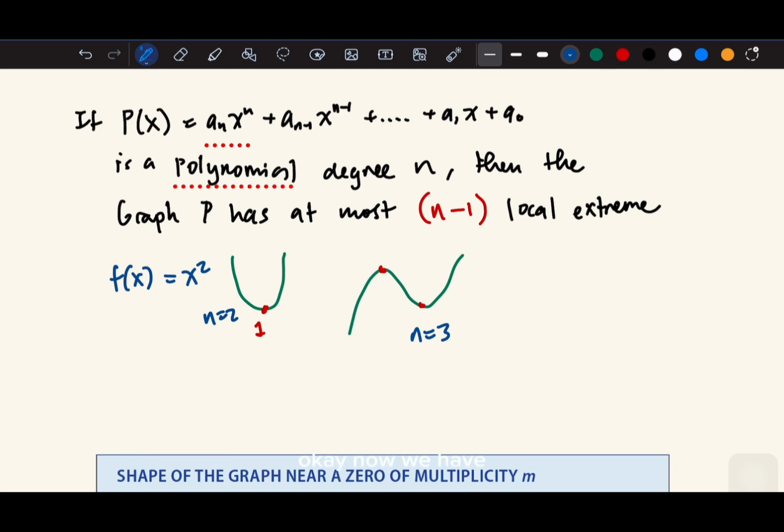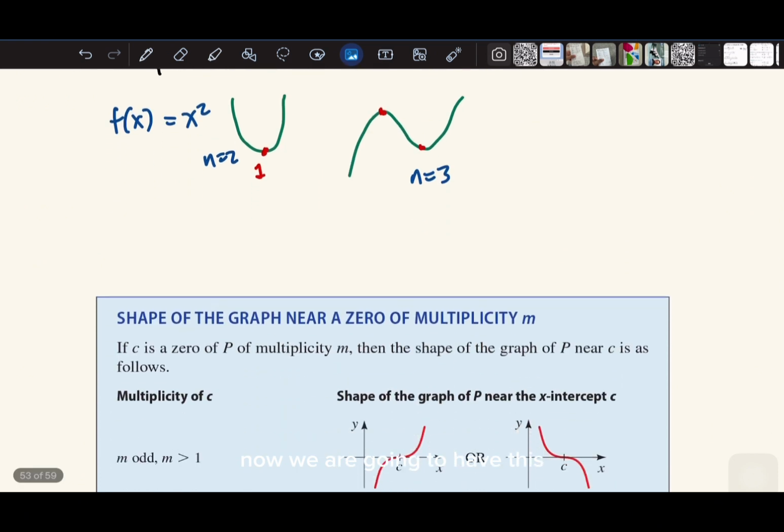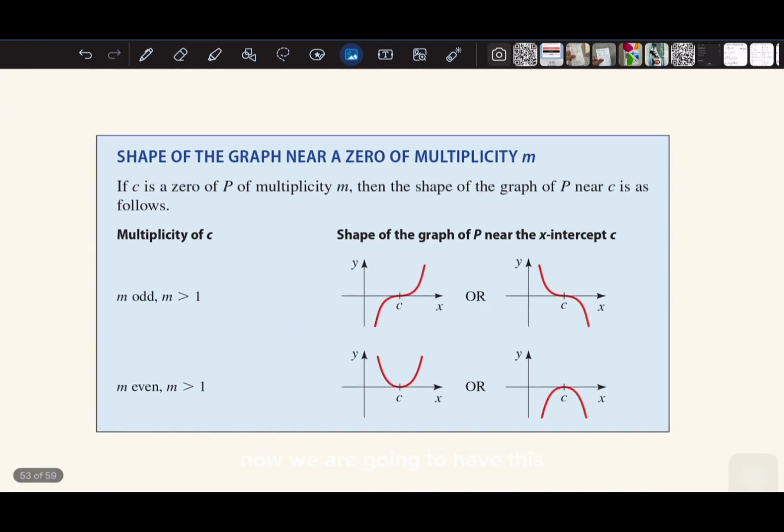Okay, now we have some concept on roughly sketching the graph, and then we know how many extreme points we have in the graph. Now we are going to have this. This is the theory of multiplicity. So multiplicity is how many times you will have the factors. For example, you will see